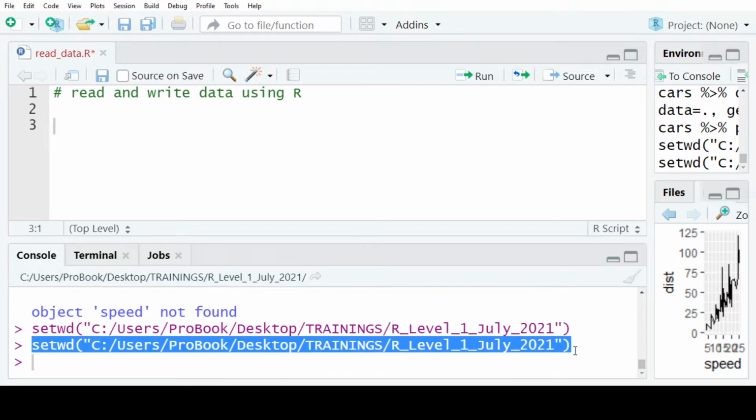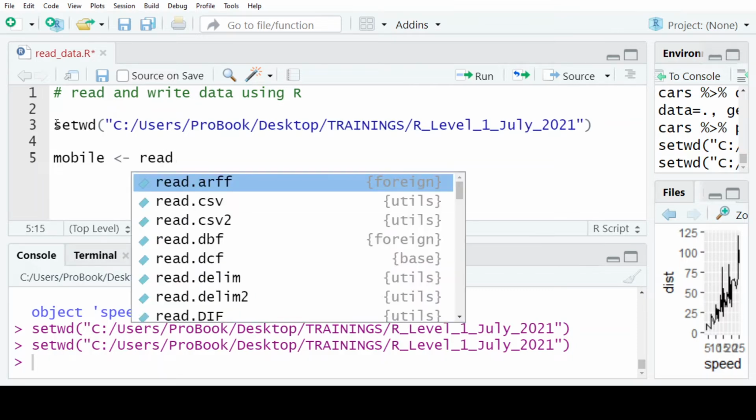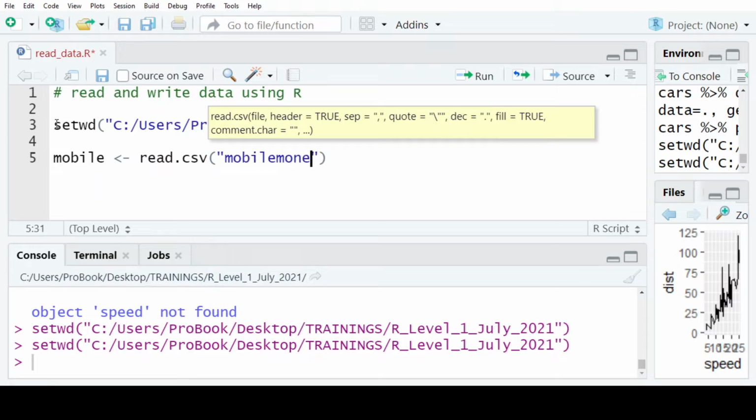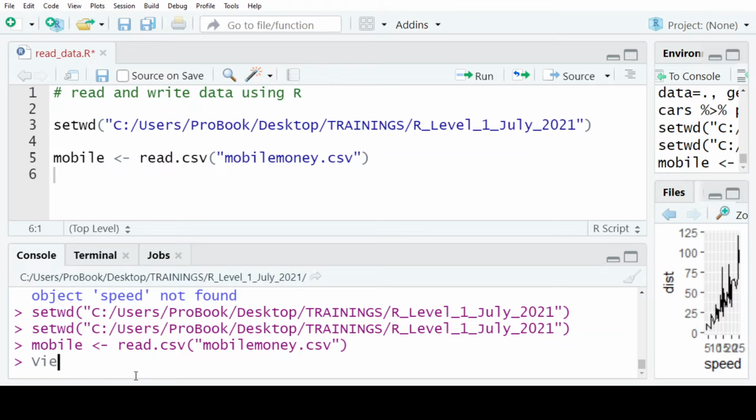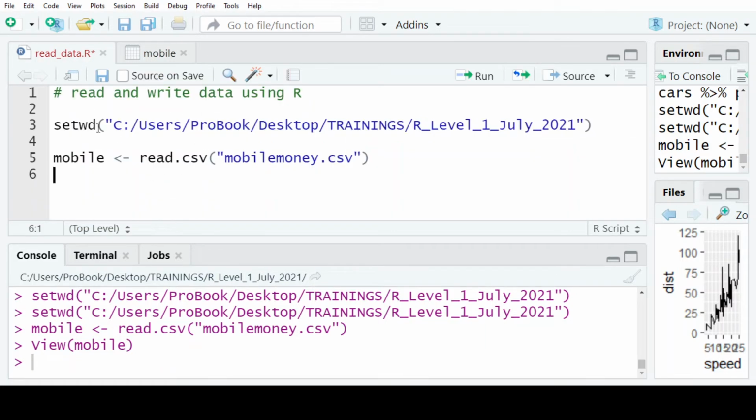You copy the folder. The first type of data I want to read is the CSV type of data, and it's called mobile money dot CSV. And I can even view it, and that is my data that I have called the mobile data. Now you note that I have not installed any packages because read.csv comes together with the main software. So the CSV data,